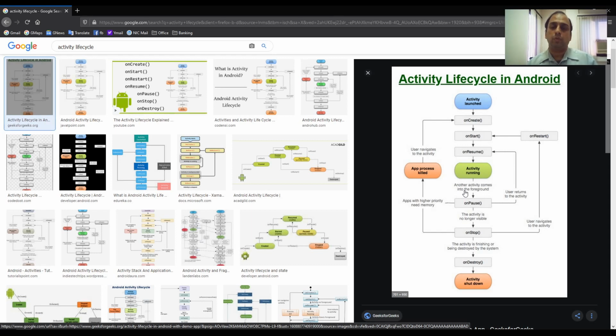As I gave the example, a user is using the app and the SMS comes, and the user clicks on that SMS, and the SMS app comes on the foreground. So your activity is now paused, and when the user exits from the SMS app, your activity comes in the foreground, and at that point again onResume will run.